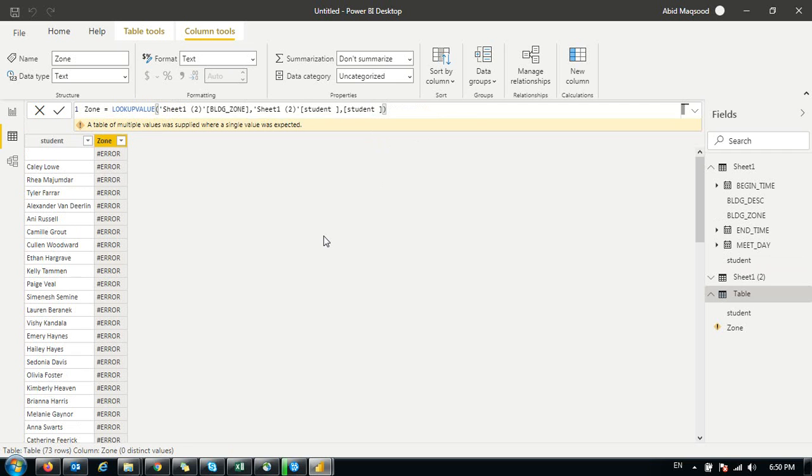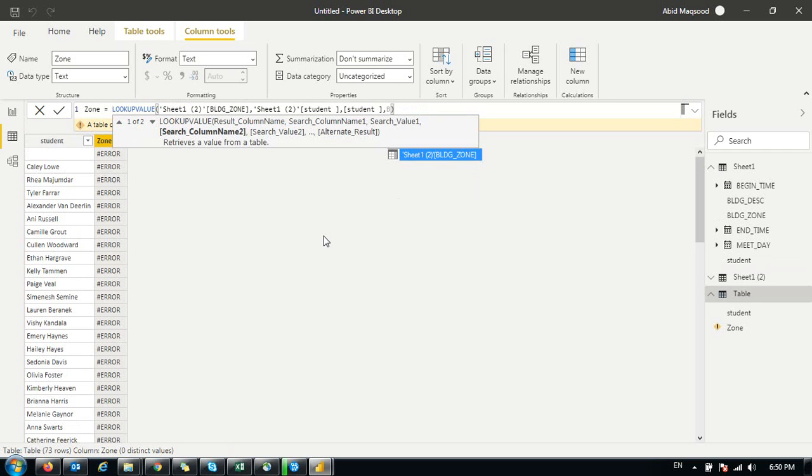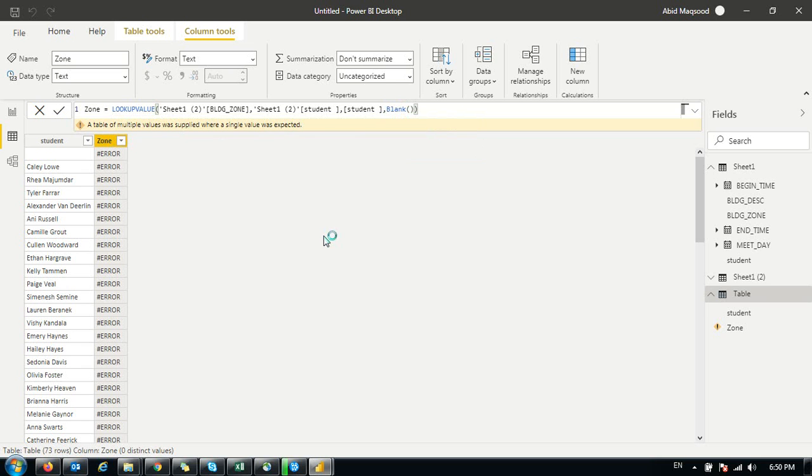Yes, because this value is not available everywhere, so I used the function BLANK to handle the error. For error handling, we have to use this function. So these two values we have used in actually.